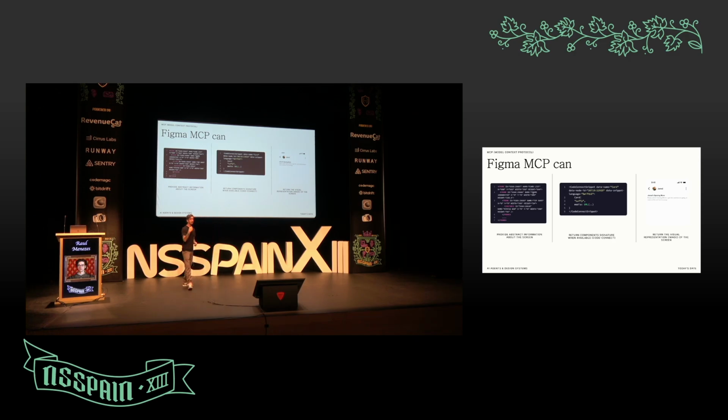Even though we have very good image processing at this point to identify elements, you don't actually know if 8 padding pixels, like 8 padding, 16 padding, whatever, is the same one. The agent just guesses it might be something. It might be 6, the agent might put 4. The icon there, the agent is not going to understand. But all this information you can actually get with Figma MCP, which means that you reduce the guesswork to real instructions at that point. The image is just a reference for validation of the final output.